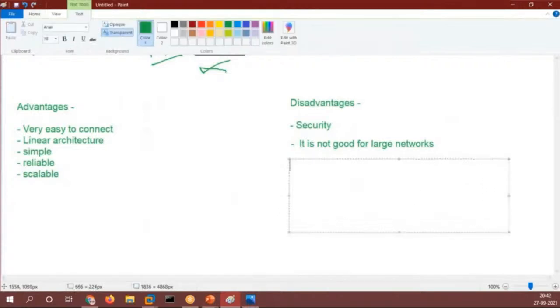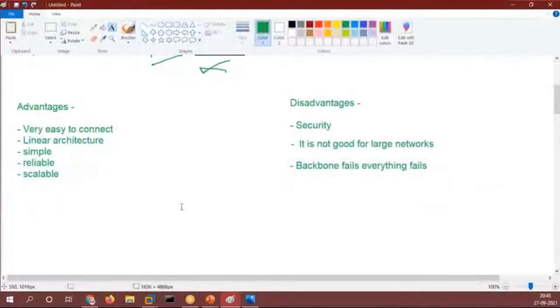Now, what more disadvantage is there for bus topology? So if the backbone fails, everything fails, right? So this whole thing is dependent upon your backbone.